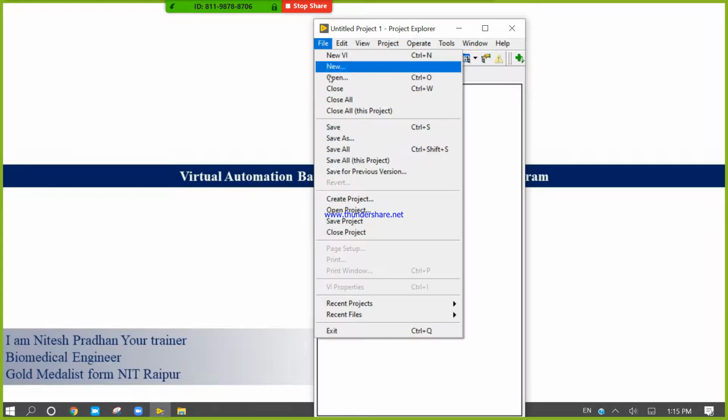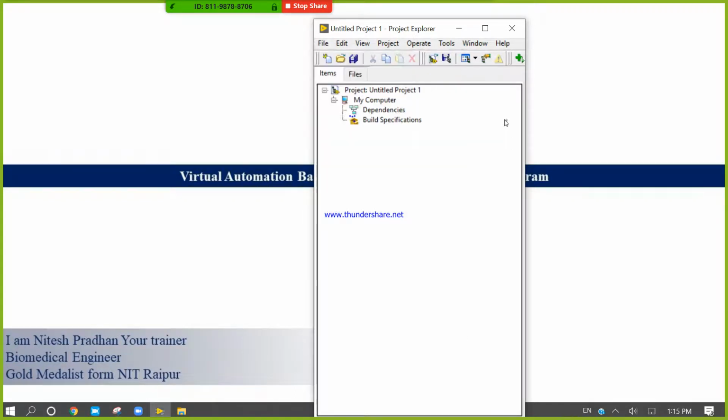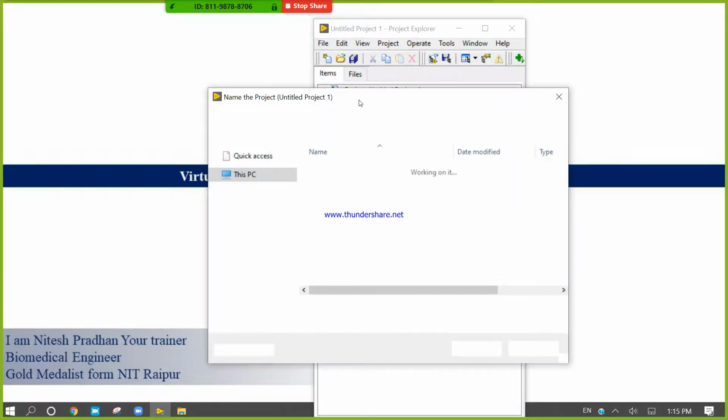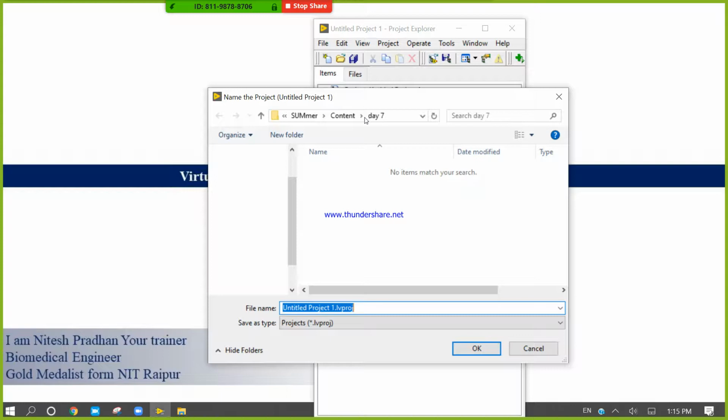Now there is the File menu, where you can choose Save or Save All. If you hit the Save button, it will open a directory dialog.